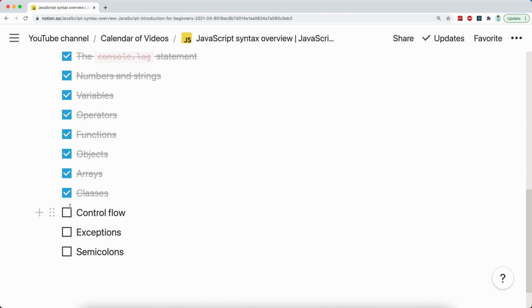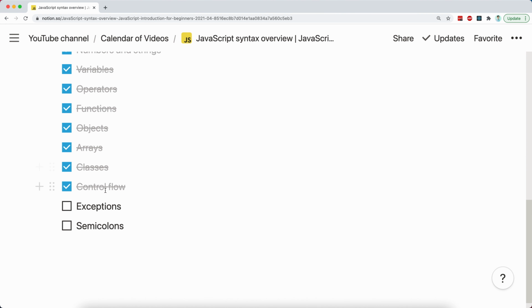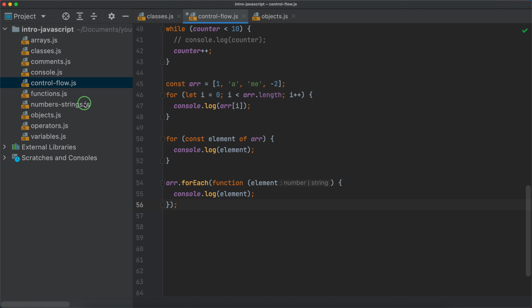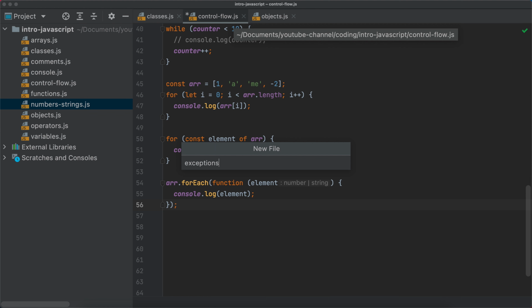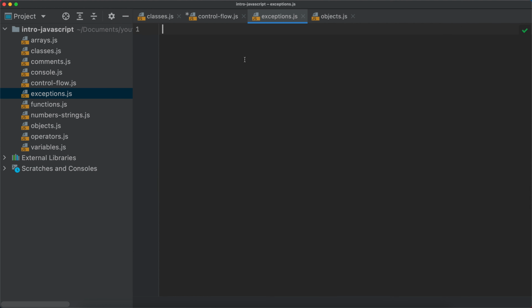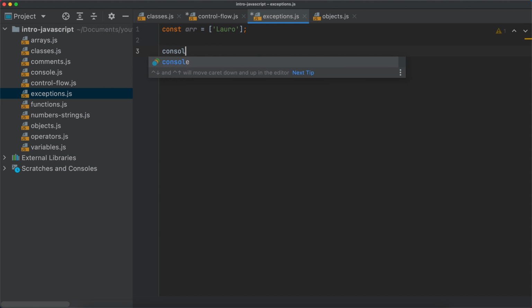Let's go back here. We can mark control flow as completed, and we are almost done, at least with this introduction, right? So now, exceptions. Let's discuss exceptions in JavaScript, and we already came across an exception. Let's again start with a simple array. Let's call it array1, or for the sake of more clarity, just an array with my name, and we will try to console.log